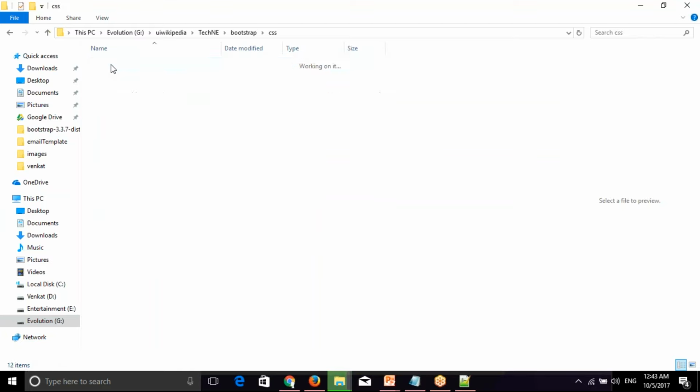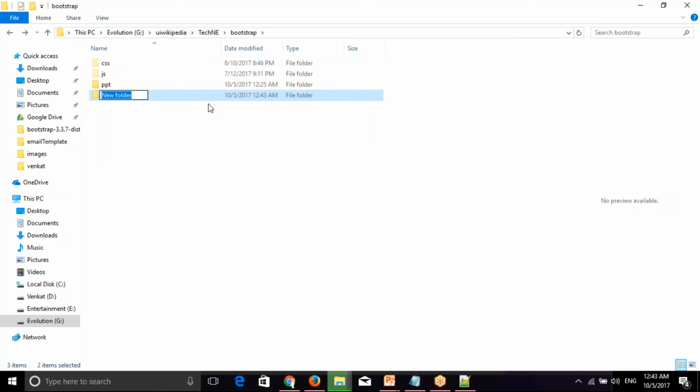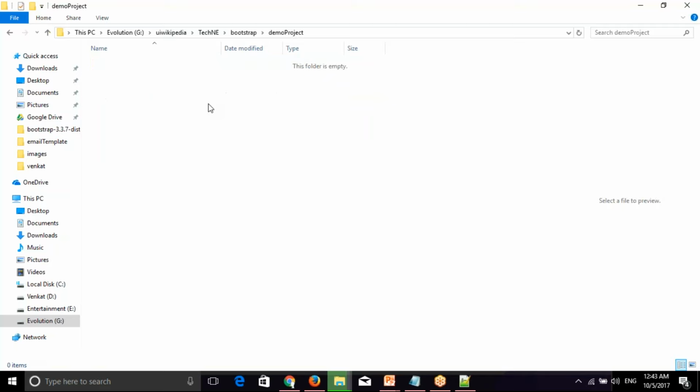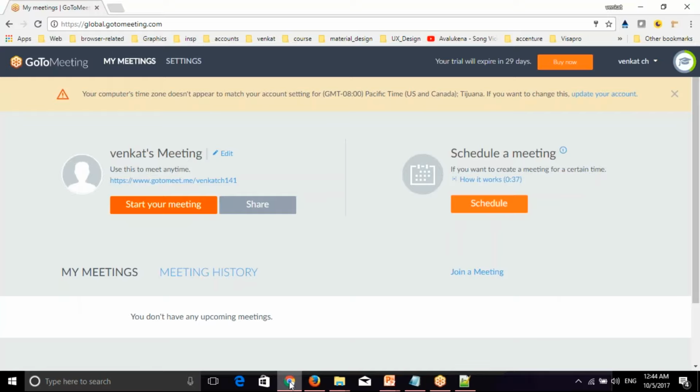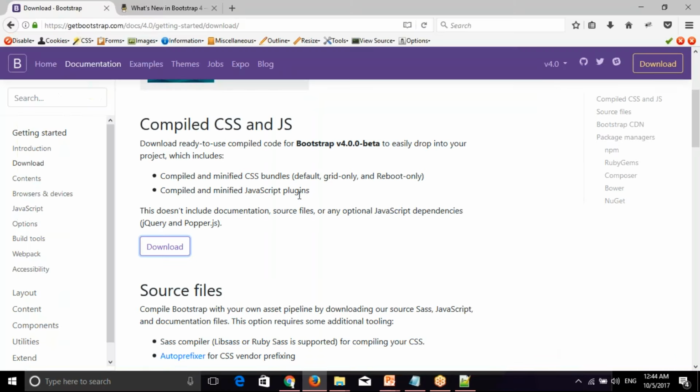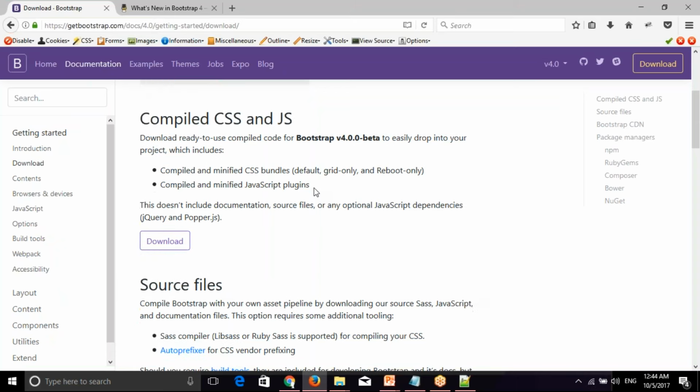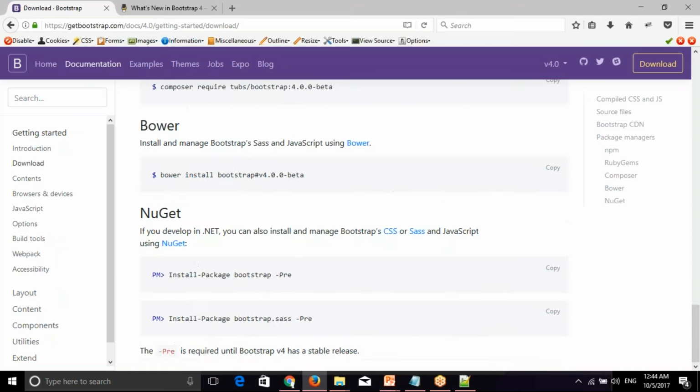Here we have the CSS code and JS code, and I'm removing this one. I'm making a simple folder structure for a project. For example, we're doing a demo project. In the same way, we would require CSS, images, and fonts. These are the simple basic structure of any simple project. Next, we require the basic template of Bootstrap, so here we can get the basic template.